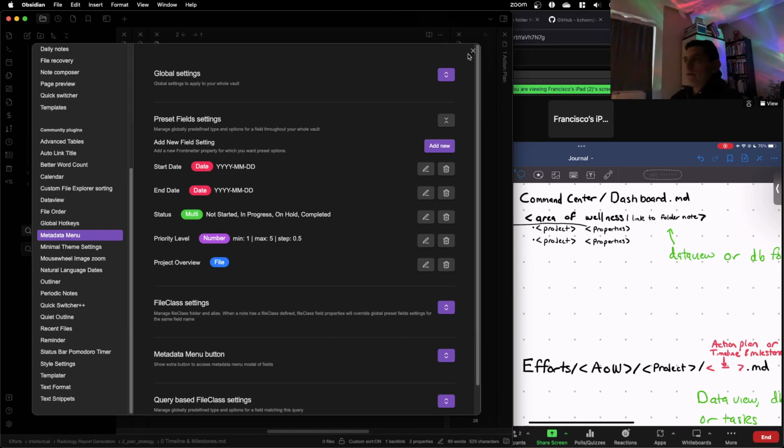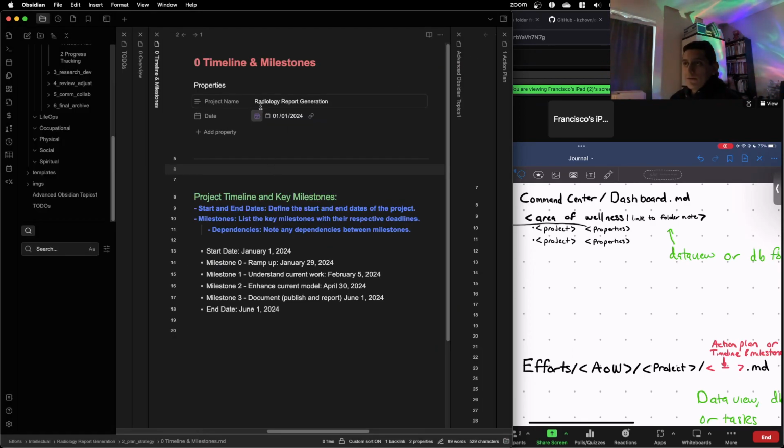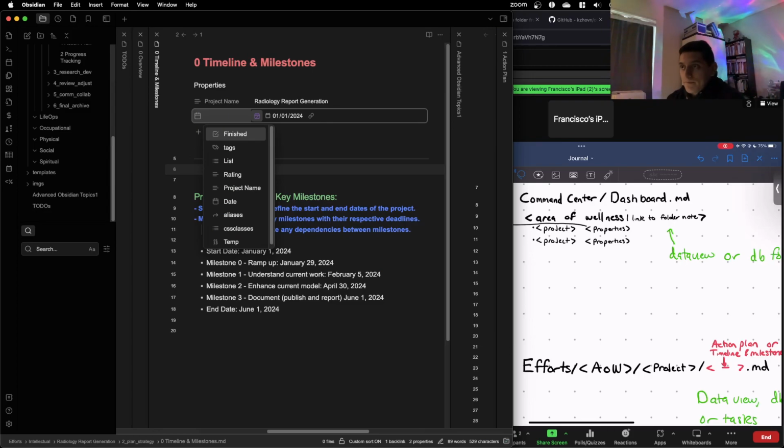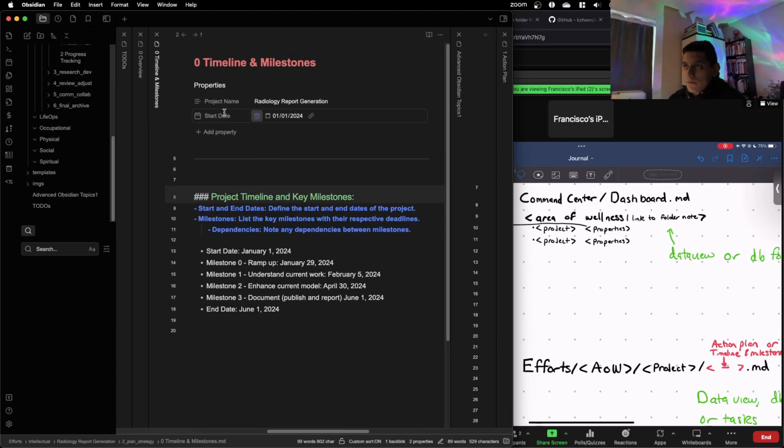So now we have that. So let's see. Project name. We'll actually change this to, how do we do this? Do I just restart the file?